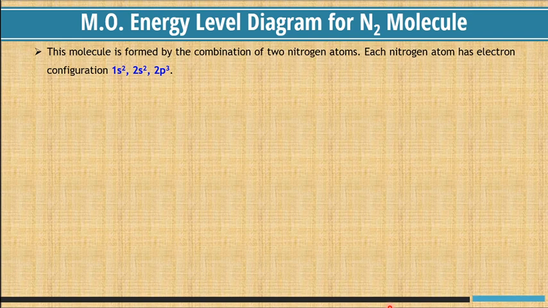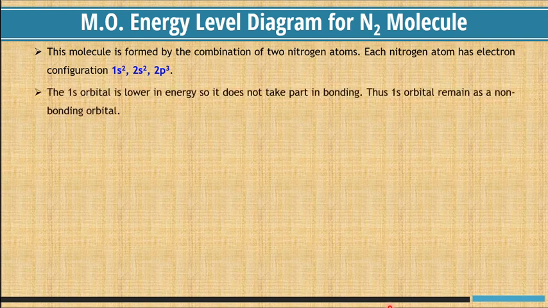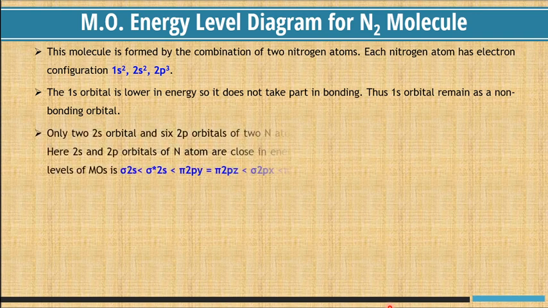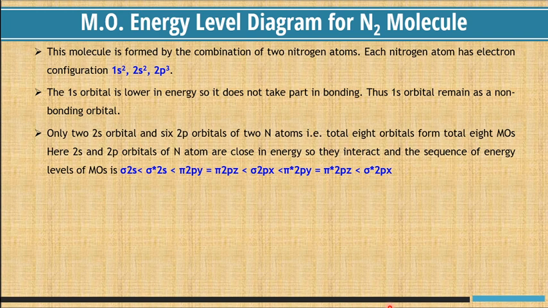Let us consider the molecular orbital energy level diagram for the nitrogen molecule. The nitrogen molecule is formed by the combination of 2 nitrogen atoms. Each nitrogen atom has the electronic configuration 1s2, 2s2, 2p3. The 1s orbital is a lower energy orbital, so it does not take part in bonding. Thus the 1s orbital remains as a non-bonding orbital. Only the 2s orbital and 3 2p orbitals of each nitrogen atom, that is a total of 8 orbitals, form a total of 8 molecular orbitals. Here the 2s and 2p orbitals of nitrogen are close in energy, so they interact with each other, and